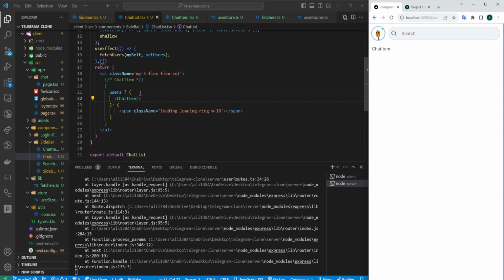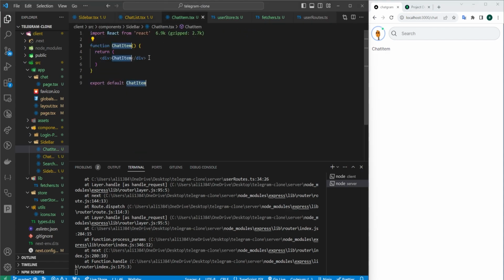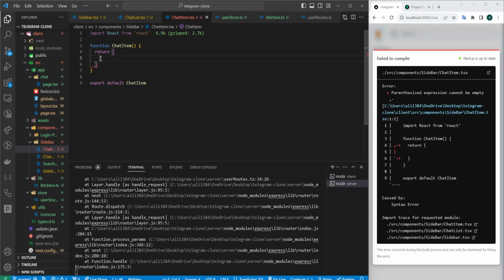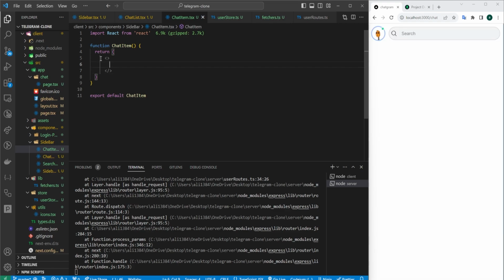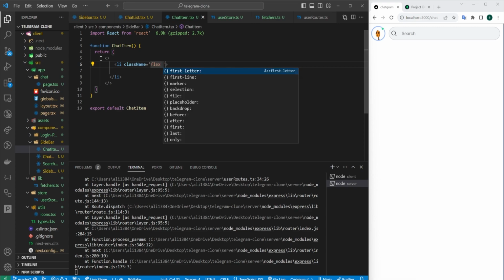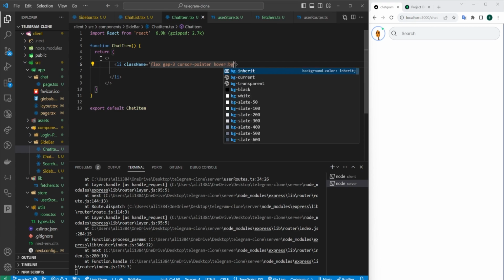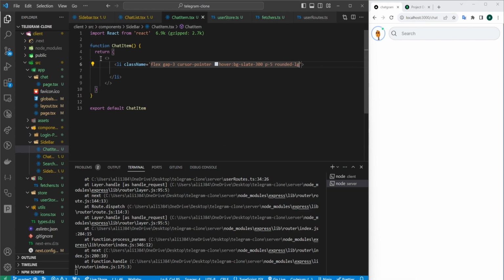Let's reload the localhost. Now let's go to the chat item.tsx and create a fragment for now. And inside the fragment we have a list tag with class name of flex, gap of 3, cursor pointer, and on hover the background should be slate 300, padding of 5, rounded of large, and inside the